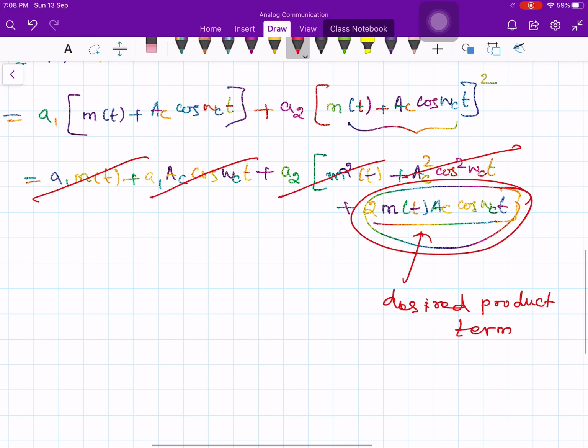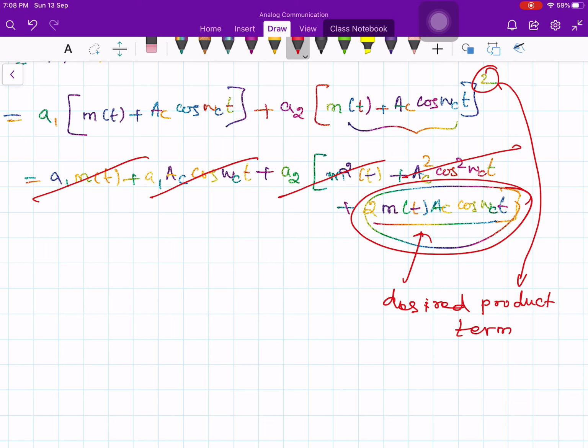So the non-linearity will produce the desired product terms. Okay, so the square term produces the desired product terms. Typically they can be separated out from the others by appropriate filtering. By applying appropriate filtering, you can remove the others. So it is possible to do that. This is one mechanism of realizing these multipliers or modulators or mixers.